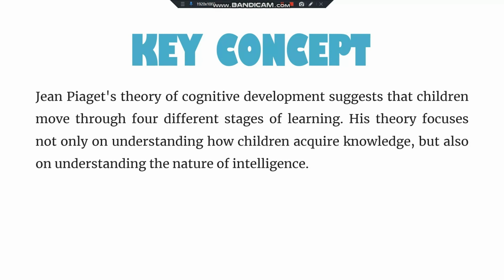So we have the intellectual operations, or the person's logic and reasoning. So this is developed during the sensory motor stage. And then we have the intellectual structure, a person's ability to organize his or her thought. And this is during the pre-operational stage. And then we also have the intellectual strategies, a person's ability to analyze and predict, during the concrete operational stage. And then we have the intellectual content, a person's ability to understand and learn, during the formal operational stage.